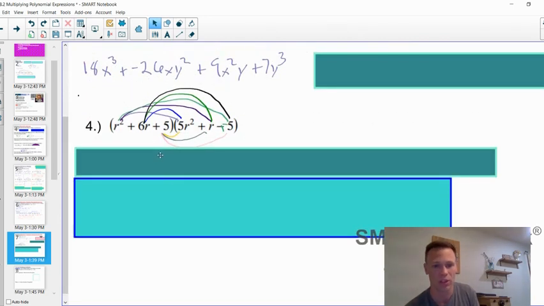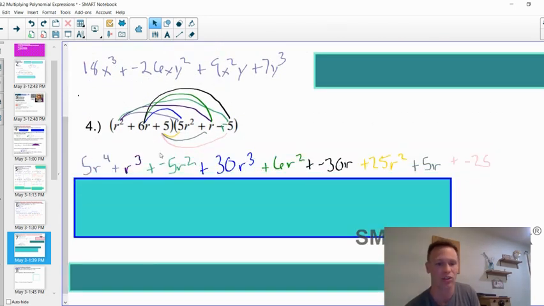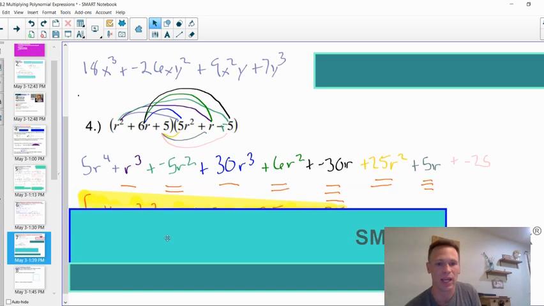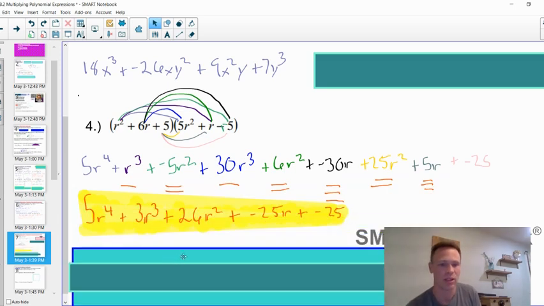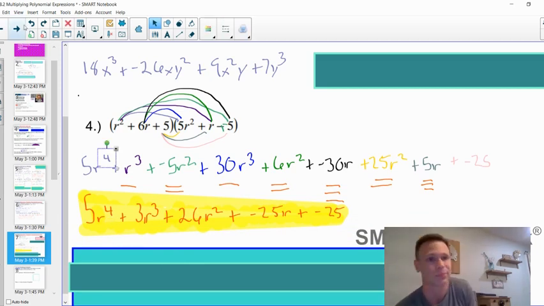Number 4, I am just going to reveal the work I have here. Again, it's a trinomial times a trinomial. When you're doing these, make sure you get 9 initial terms. I have it all color-coded here. And then the answer when you combine your like terms. So notice I have it nice and organized here. When you're doing yours, I recommend you do the same thing.